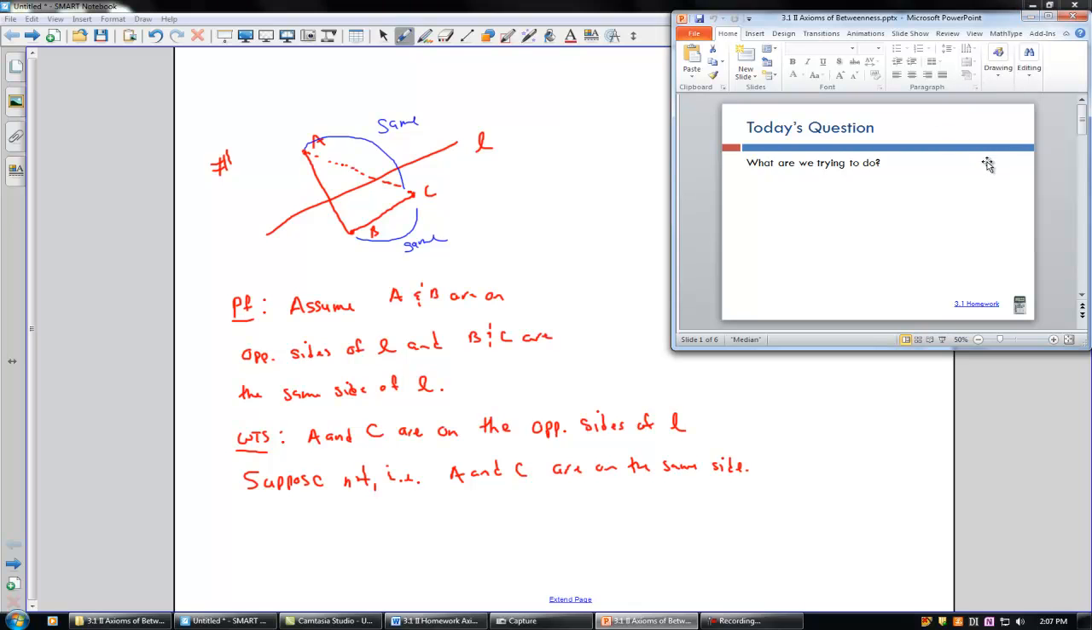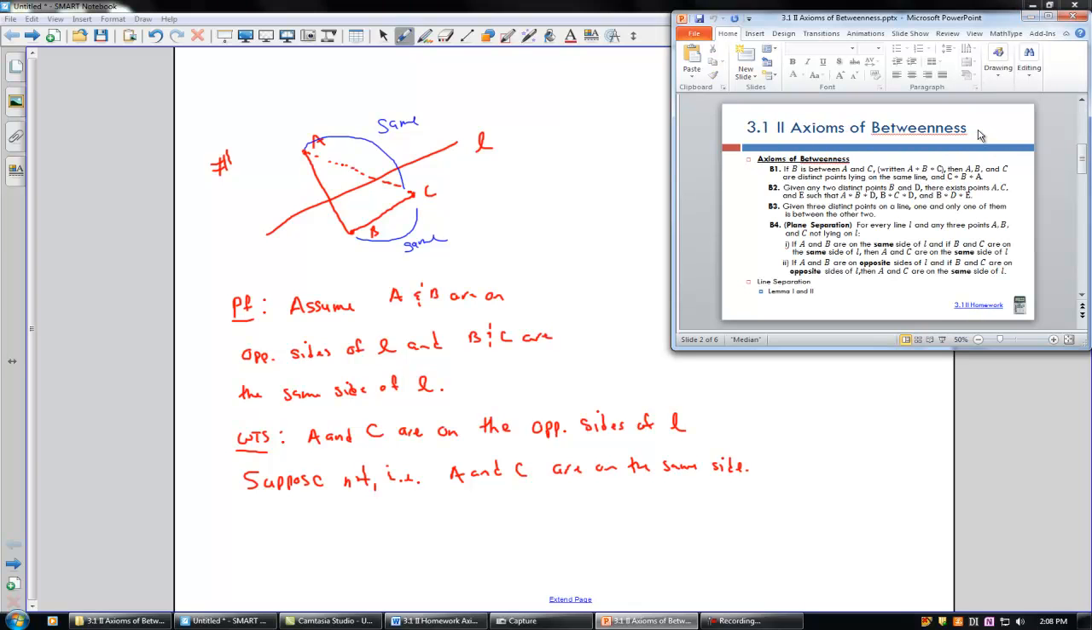Behind here we can pull this up, and we can then use the plane separation property, because it says if A and C are on the same side and C and B are on the same side, then we know that B and A are on the same side, or A and B. It doesn't matter which way you say it. All right, so suppose not, that is A and C are on the same side, and so we know